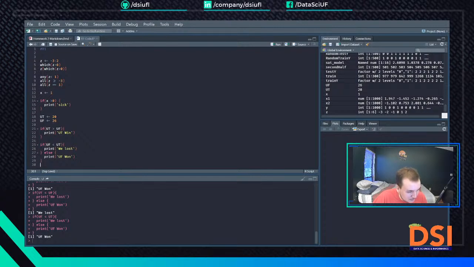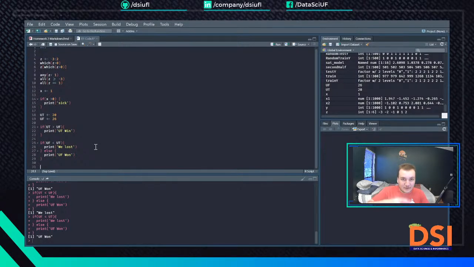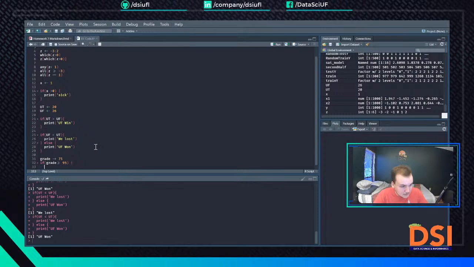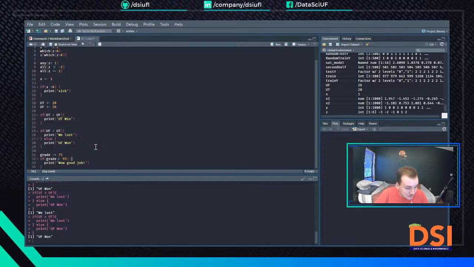So we can do else if to further iterate and add another step to this. So let's set a variable called grade. Let's give it a value of 75. So if grade is greater than or equal to 95, right? Let's print, wow, good job. And then, cool, so that closes that. And then let's do else if grade is greater than or equal to 85,